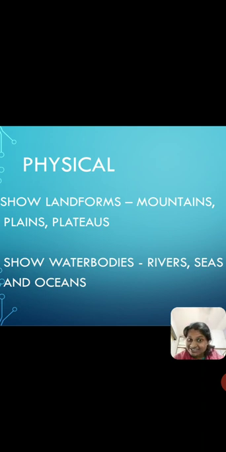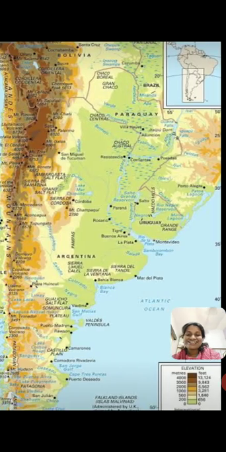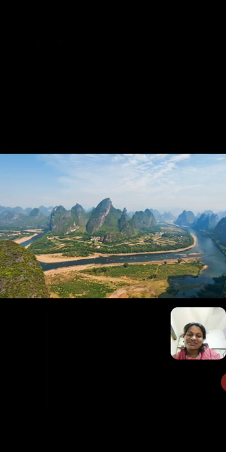Valleys. All right, so that's the plural of valley. Let me just show you an image of what landforms are. Can you see this image which I put up on the screen? What does it show? It shows you mountains, and the dips between the mountains, the areas between the mountains, are called valleys. And what are plains? Plains are those flat, large surface areas of land.